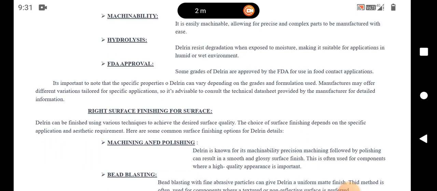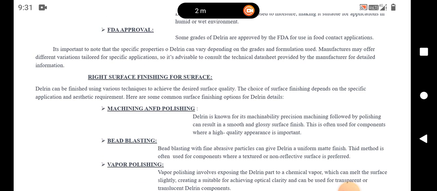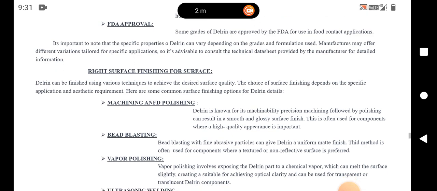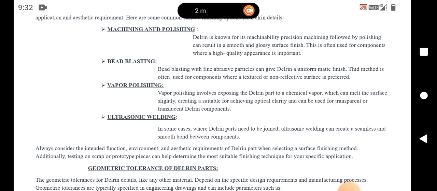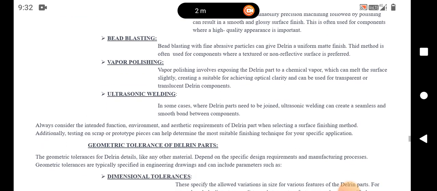FDA approval. Some grades of Delrin are approved by the FDA for use in food contact applications. Surface finishing. Delrin can be finished using various techniques to achieve the desired surface quality. Bead blasting. Bead blasting with fine particles can give Delrin a uniform matte finish. Ultrasonic welding. In some cases where Delrin parts need to be joined, ultrasonic welding can create a seamless and smooth